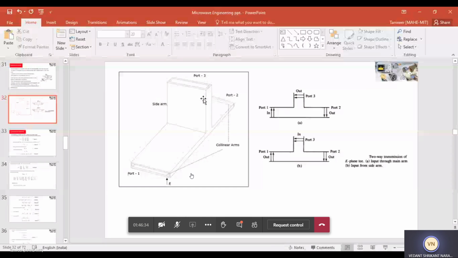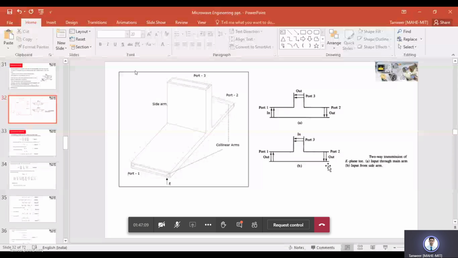What I feel is that it should be continued. Forget the other diagrams, see here, A and B figure. If you are feeding from port 3, see the diagram here. Now, corresponding to port 1 and port 3, what is the signal direction? Opposite. Port 2 to port 3, what is the signal direction? Opposite. Port 1 to port 3, the arrow is up; port 2 to port 3, the arrow is down. So it is a phase difference.